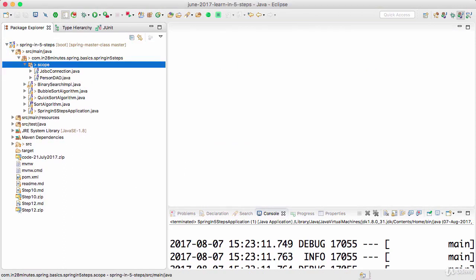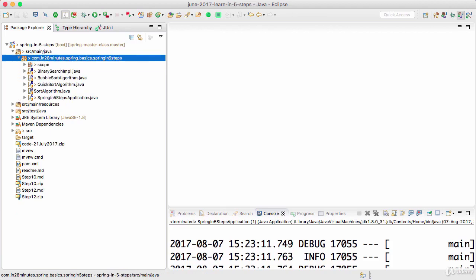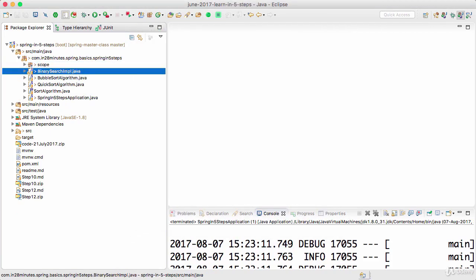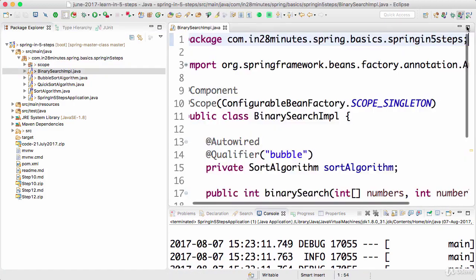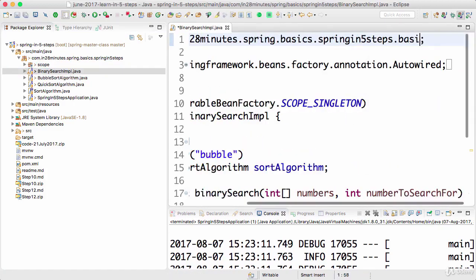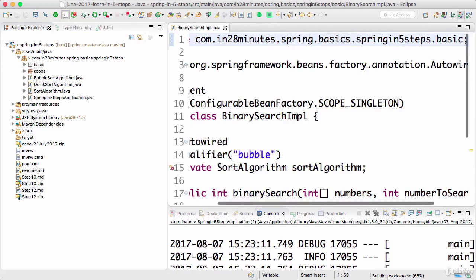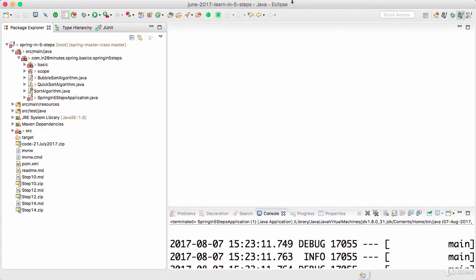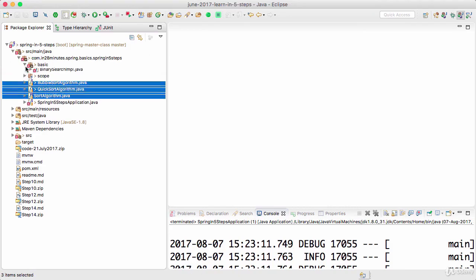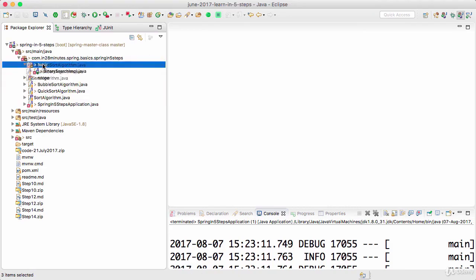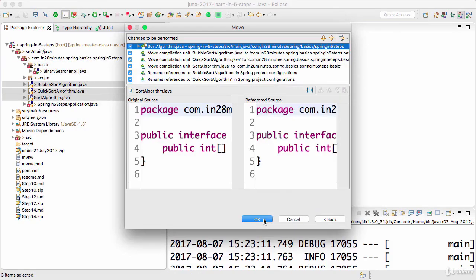If you have any problems, you just have to organize the imports and you should not have any problems anymore. So that's cool. So that's the scope example. I'll also want to move these down to the basic example package. So I'll say dot basic binary search IMPL. I'm moving it to the basic package, and I'll do the same thing with these three things as well, so that those are all the basic examples which we are making use of. Just keep continuing and say okay.